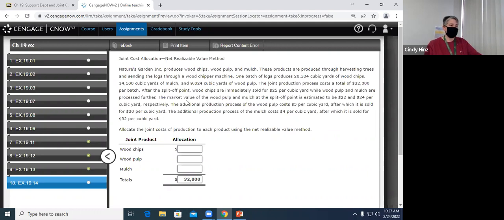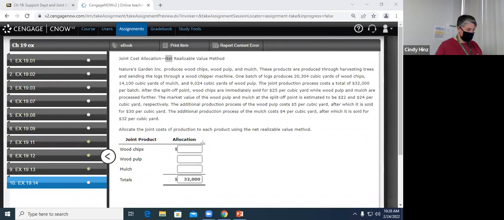For our exercise though, we're looking at the end result, the net realizable value when we sell it to the customer. The additional production process of the wood pulp costs $5 per cubic yard, after which it is sold for $30 per cubic yard. So let me point out to you this word, which is key, the net realizable value. The value we can realize after we take into account the additional cost. So let me,